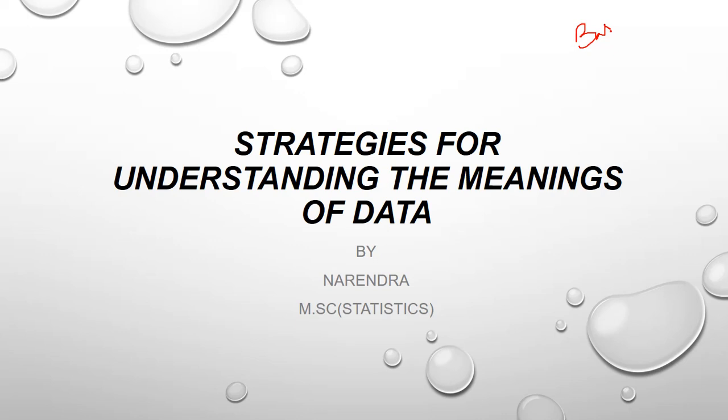In the basics 1 video, I mainly explained how data is classified, how variables are classified into different categories. They are qualitative and quantitative, either numerical or categorical. Further, we have discrete, continuous, nominal, ordinal, all things. That is the first step of a statistician. The first step of a statistician is collection.